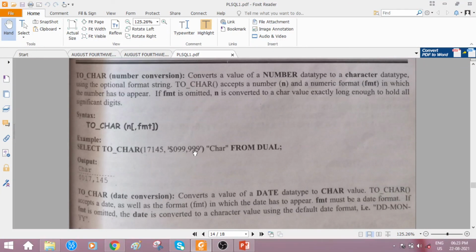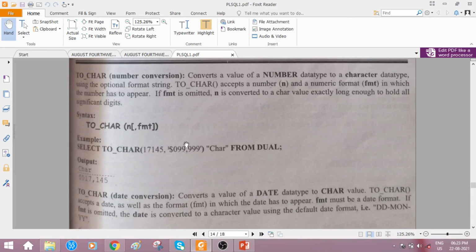So what is that 099999? Just count the number of digits you find here. In the original number, 17145, how many digits are you finding? 1 2 3 4 5, 5 places, whereas here 1 2 3 4 5 6, 6 places. If you remember students, we normally write the digits from the ones place, right?